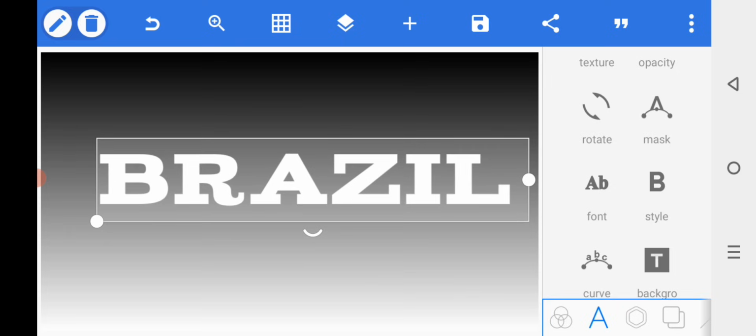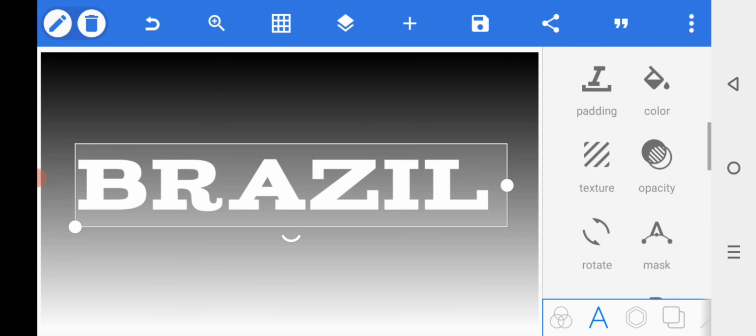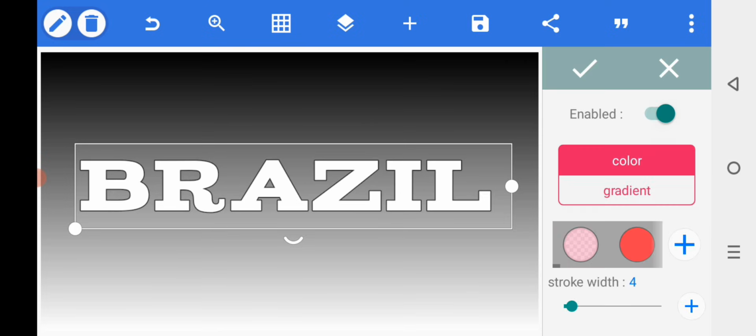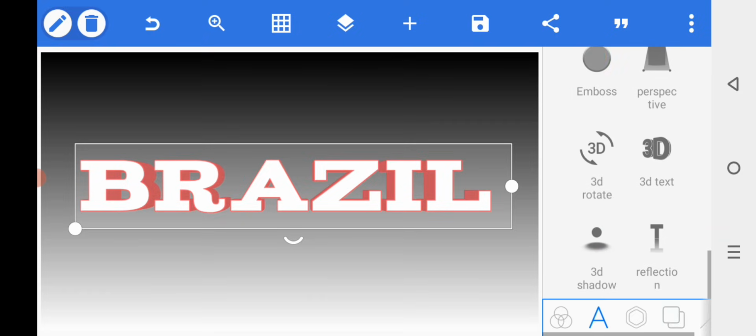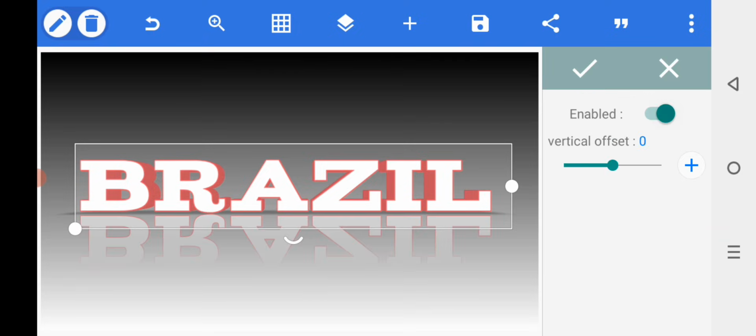Open the Pixel app, select the text tool by writing, size the letter, font of letter, select the stroke, adjust the color red, select the 3D text, change the color of letter, select the 3D shadow, select the reflector number,